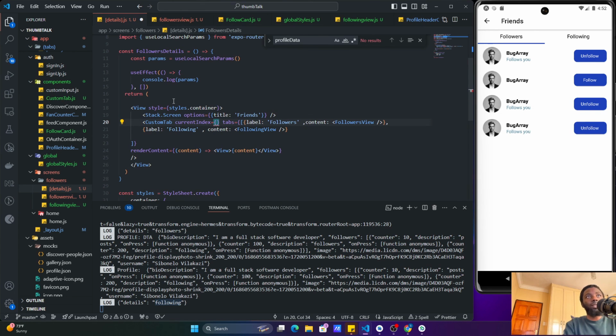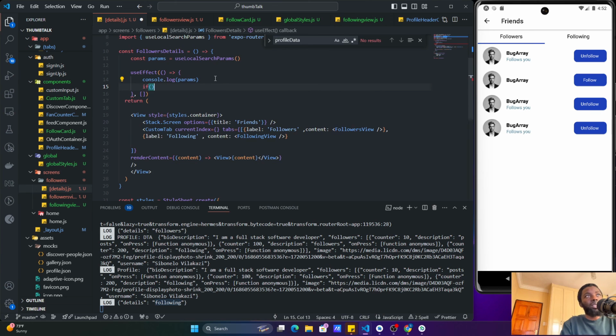This current index over here is going to be retrieved by this. So we'll just set up an if statement over here. So it's going to be parameters. So if my parameters dot index, no, if my parameters, where do I want to set it up? So let me see. So if my parameters dot details